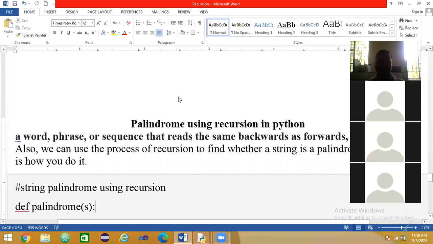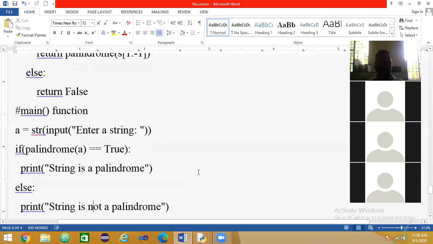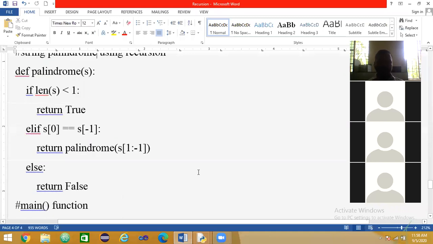How to find whether a string or number is a palindrome or not, using recursion in Python? Here is the program. I will explain this program.